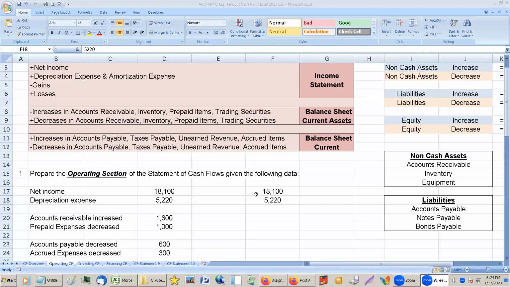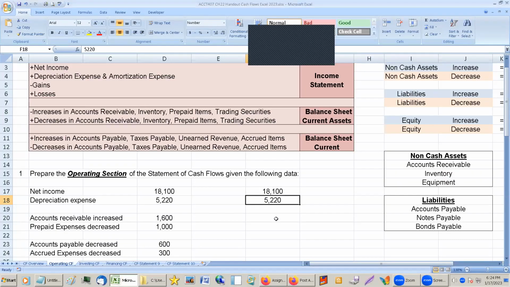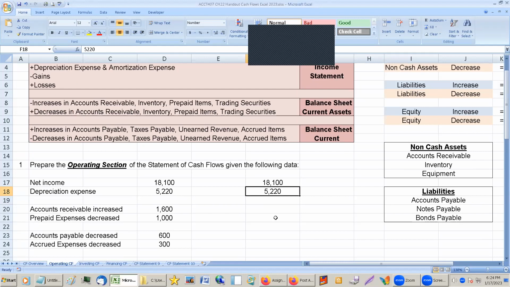The car depreciated by $2,000. You didn't actually write a check for that. There's no cash involved. So depreciation doesn't have cash. Now, notice that when you calculated your net income, you subtracted out depreciation, even though it didn't have any cash. So we're adding it back in because even though you subtracted it to get your net income, there was no cash. Okay, now these are the ones that get tricky.